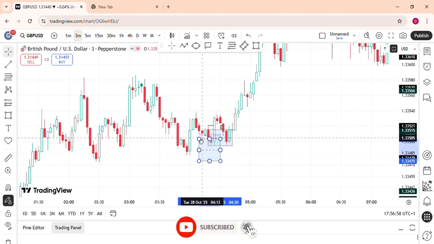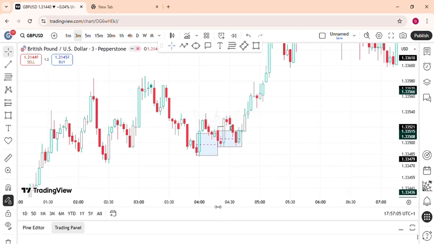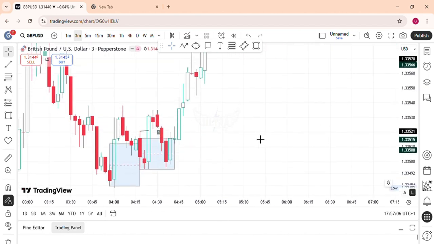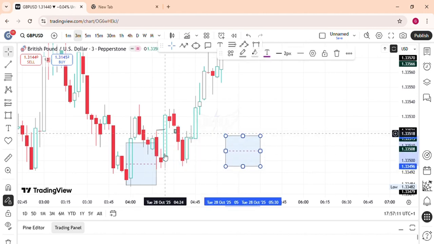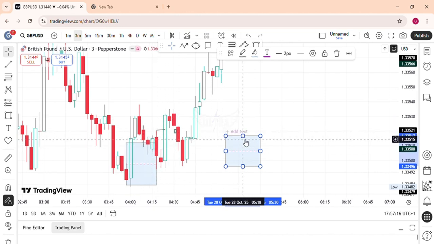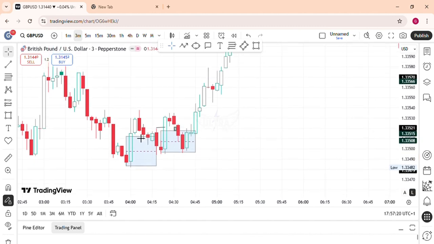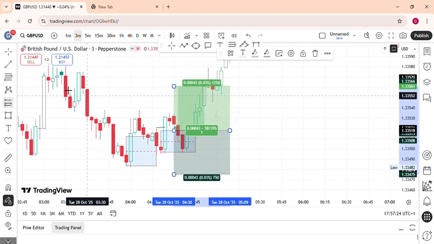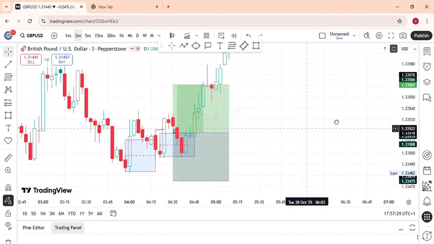And after this, we can see a newly formed fair value gap here. This newly formed fair value gap is where we'll get our entry, and as well this breaker here. So we can use this as our entry for a bullish position here. You can see how price went all the way down to this other block. So let's just use this fair value gap,